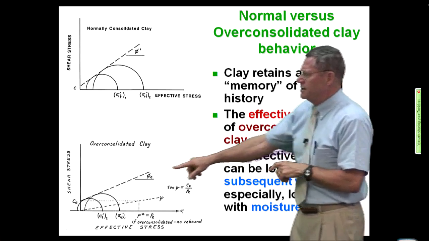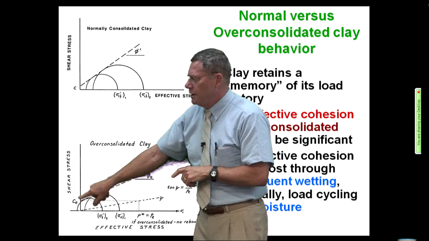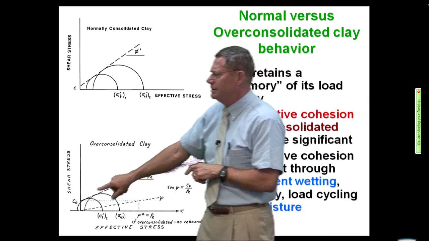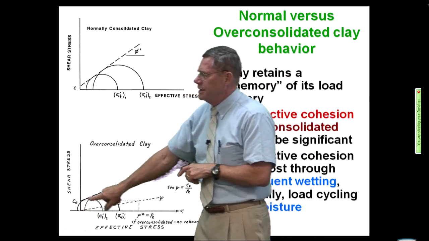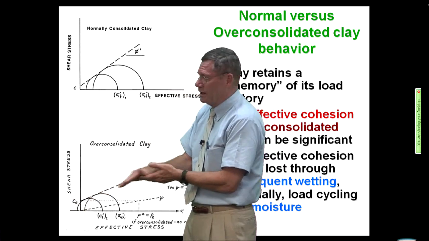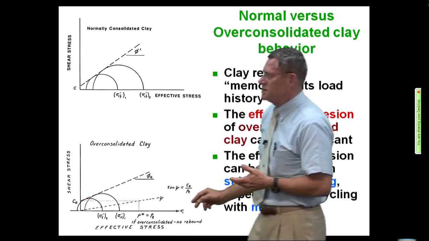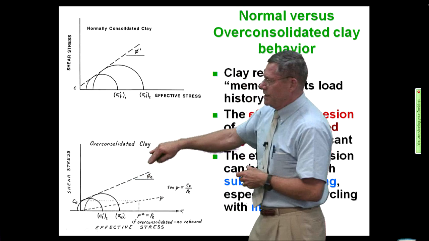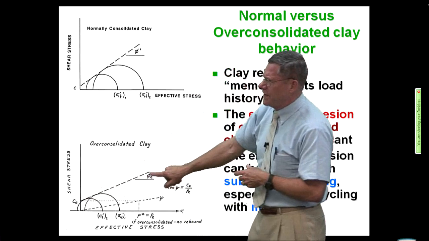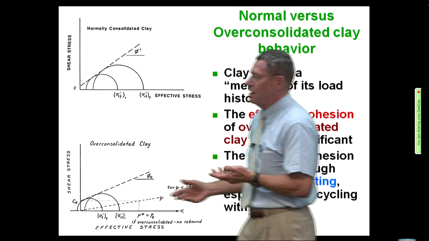So what's going on here is you actually have an apparent cohesion down here in an overconsolidated clay. And that apparent cohesion is very important. But you can lose it if you shear the specimen repeatedly. You can actually see this thing just fall off and drop. That's what you have to watch out for. So you actually have an effective C sub E, and you have an effective phi angle for drained conditions, long-term